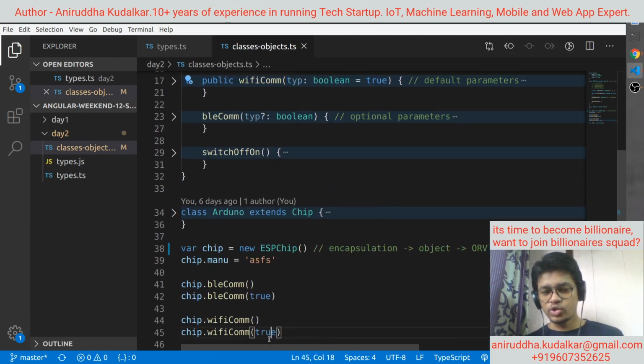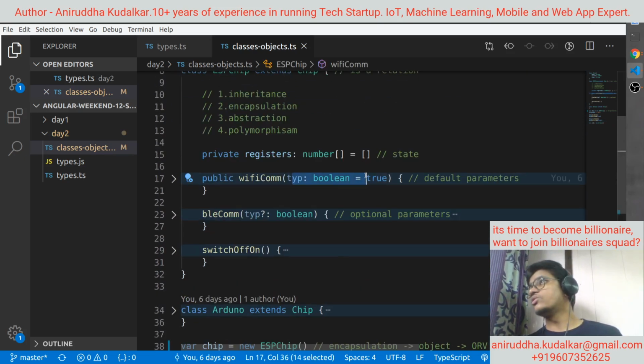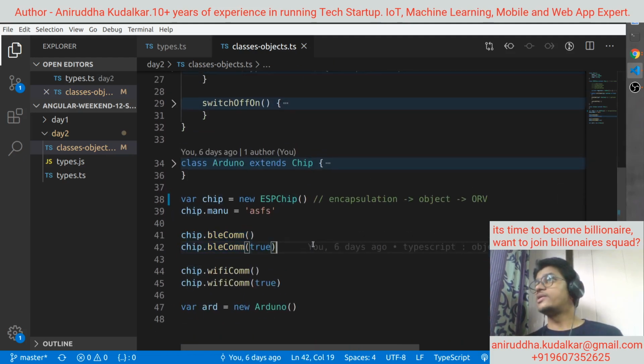Well, if you pass true, the existing value of type is going to be overridden, right? It means one function can be called in multiple forms. That is a typical example of polymorphism, right? There are many more. Even we can define polymorphism in a lateral way, but let's not go into that detail right now.